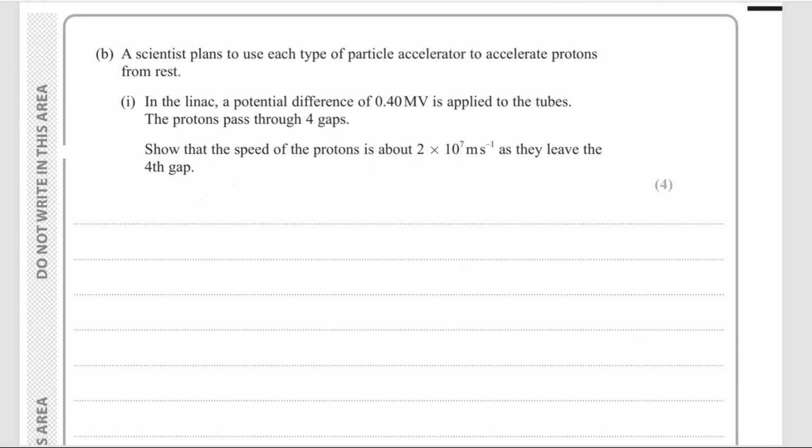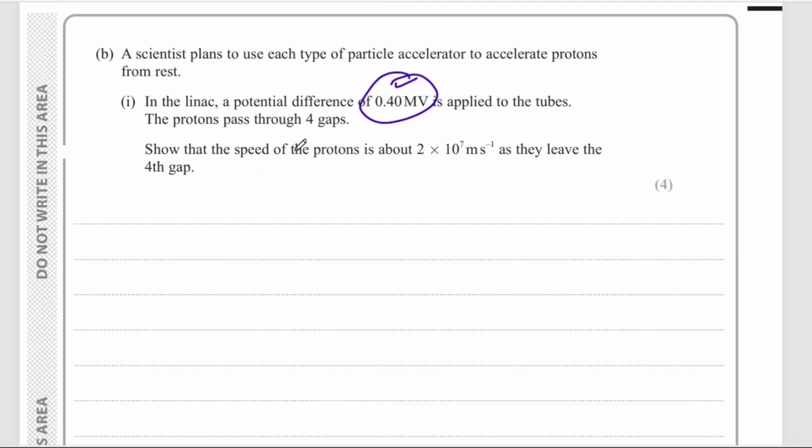Okay. Now you've got this part B. And in part B, a scientist plans to use each type of particle accelerator to accelerate protons from rest. In LINAC, the potential difference of 0.40 megavolts is applied to the tubes. The proton passes through 4 gaps. Show that the speed of the proton is about this value as it leaves the 4th gap. So what I would be doing is calculating the total work done required when this 0.40 megavolts is applied. And then I'll keep that work done equal to